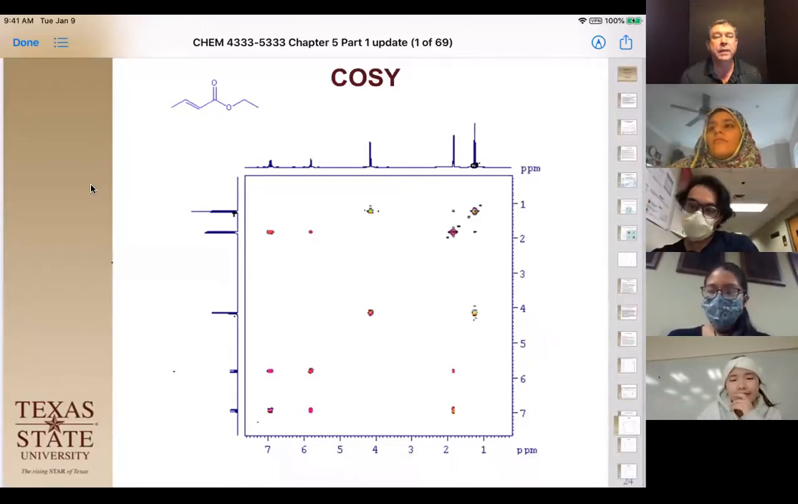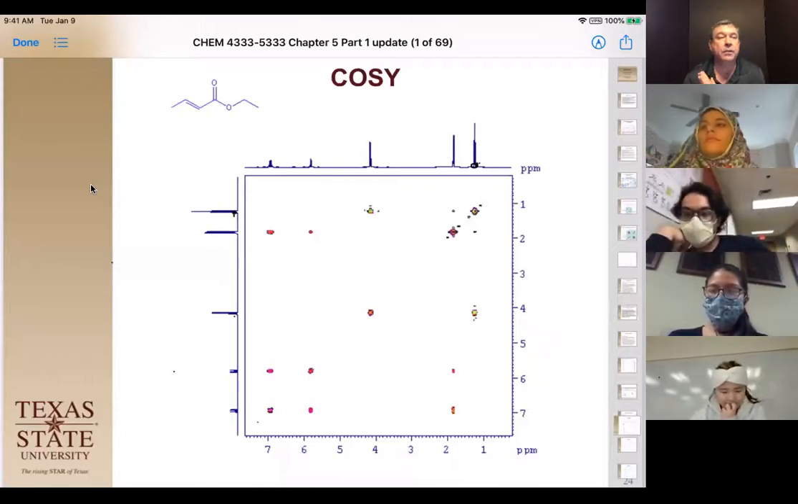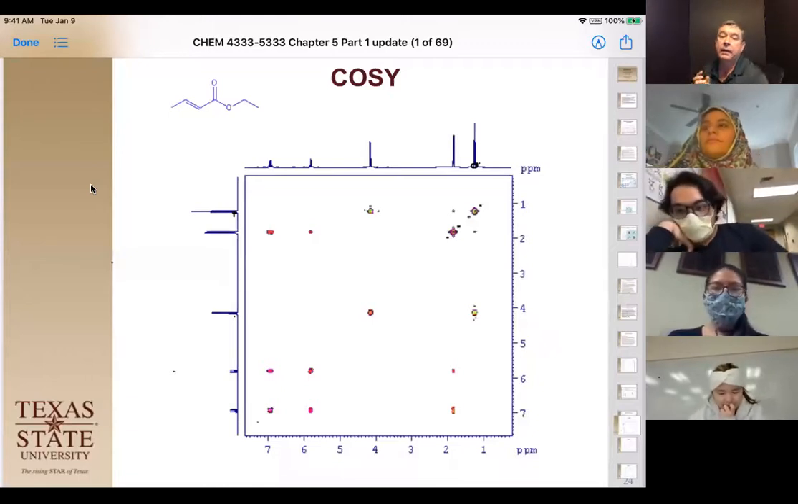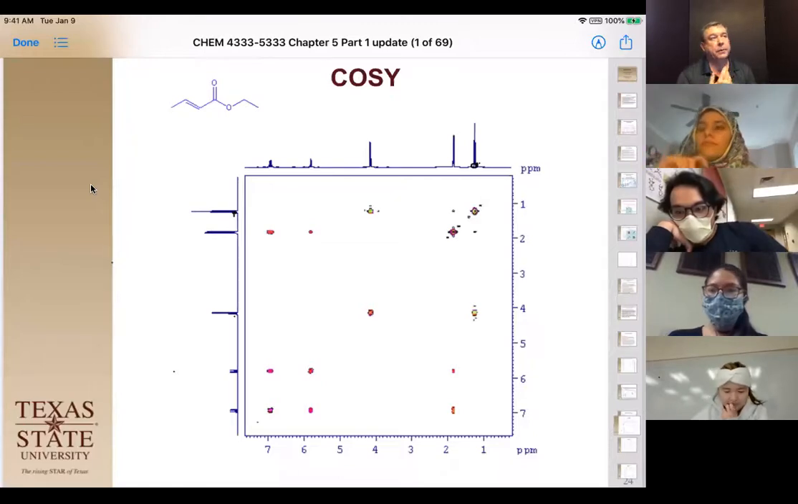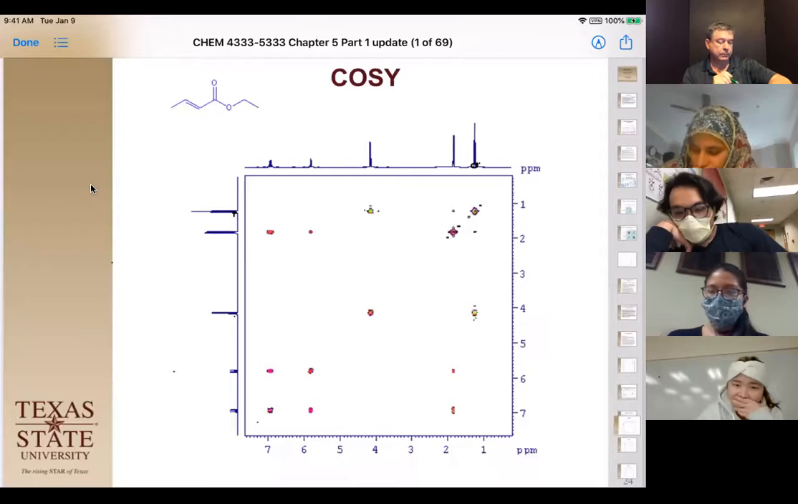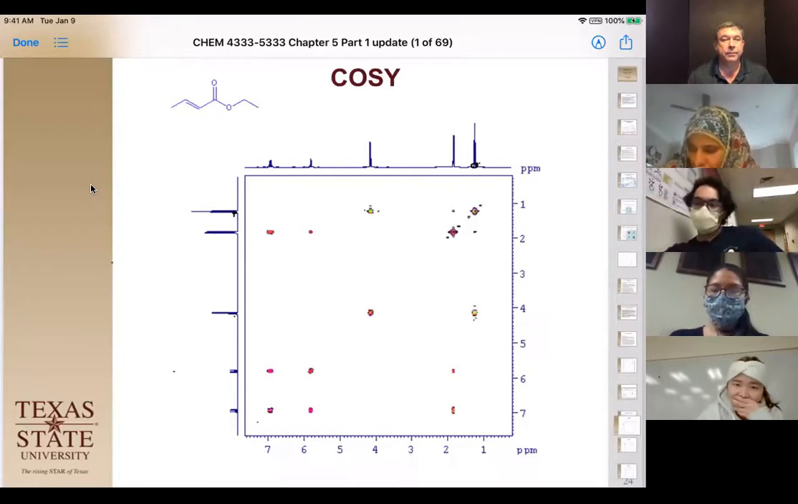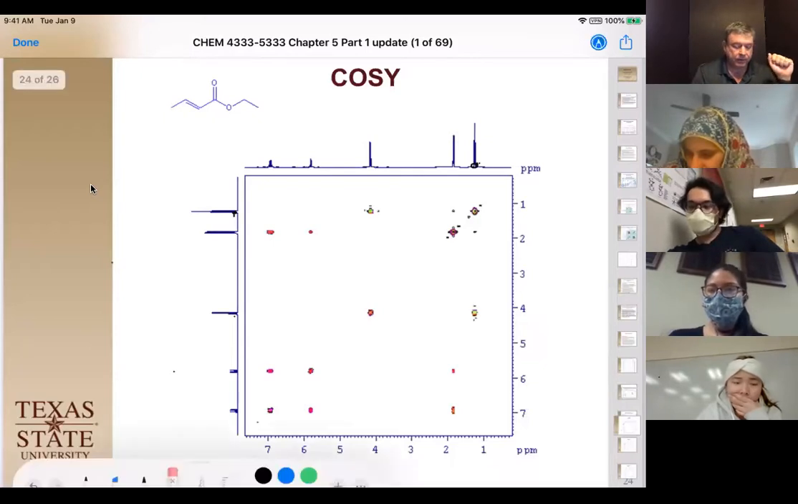So I'll wait a minute or two and then we'll go ahead and pick up where we left off with talking about how to analyze a COSY NMR. Okay. So, good. All right, one more minute. Okay, so